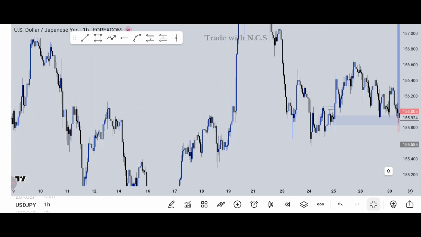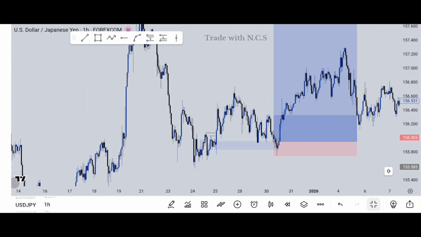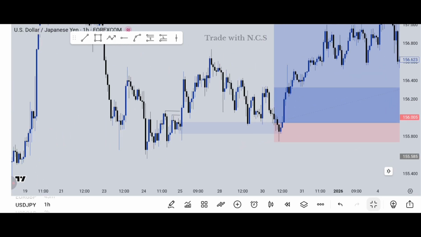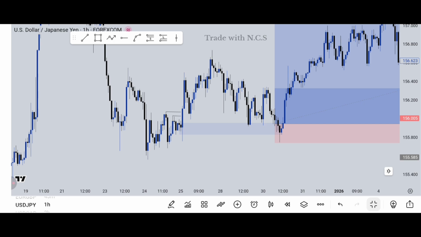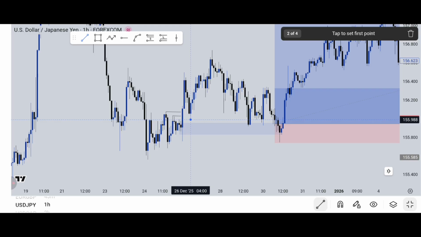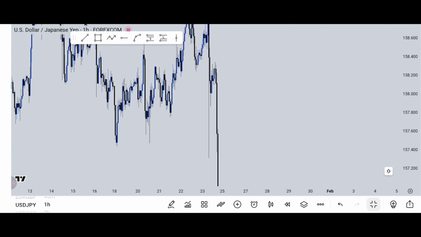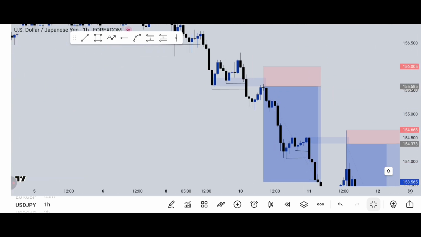Just do your backtest, and mind you, your double break of structure has to be backed up by liquidity. That is just what makes it work. That's what makes it work almost every time, because you can't be trading just a double break of structure and expecting price to respect your point of interest every time. What do I mean? Take a look at this region. We have our liquidity right about this region. That's why every double break of structure that I marked in this video had liquidity backing it up.